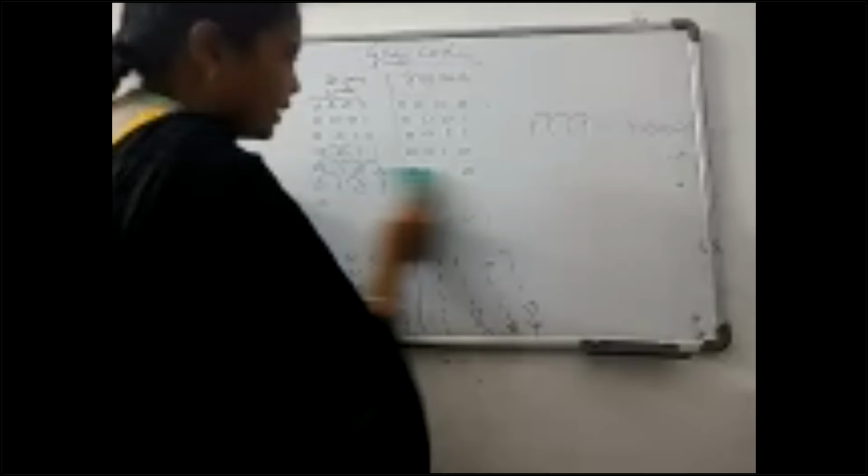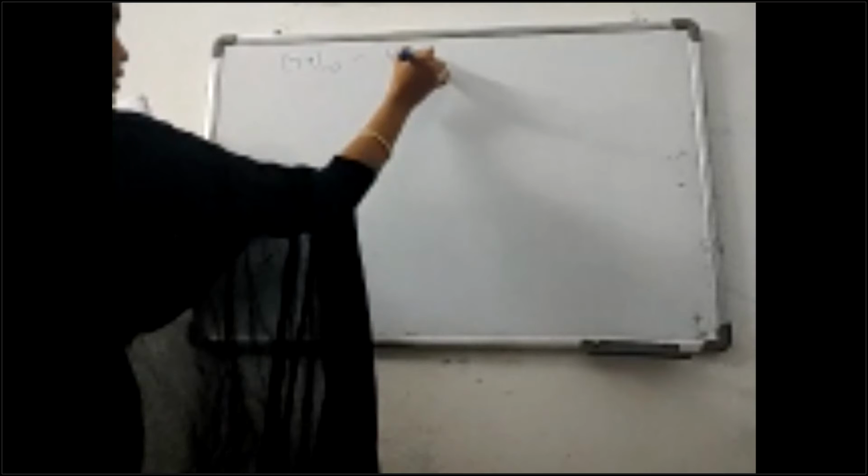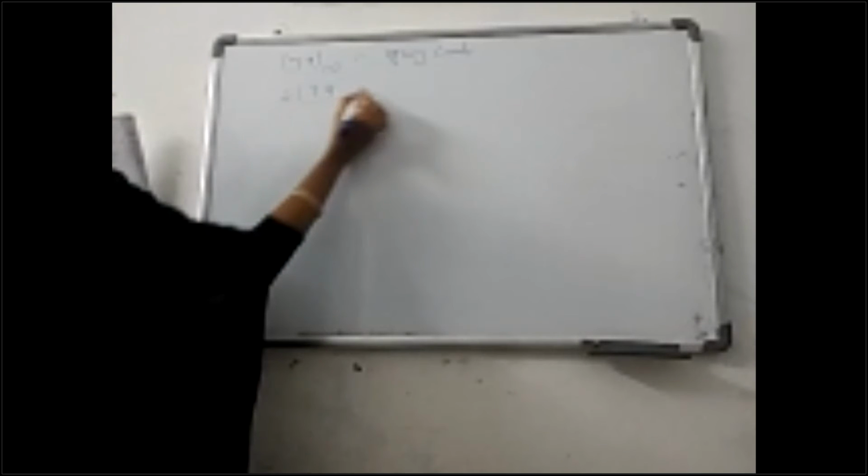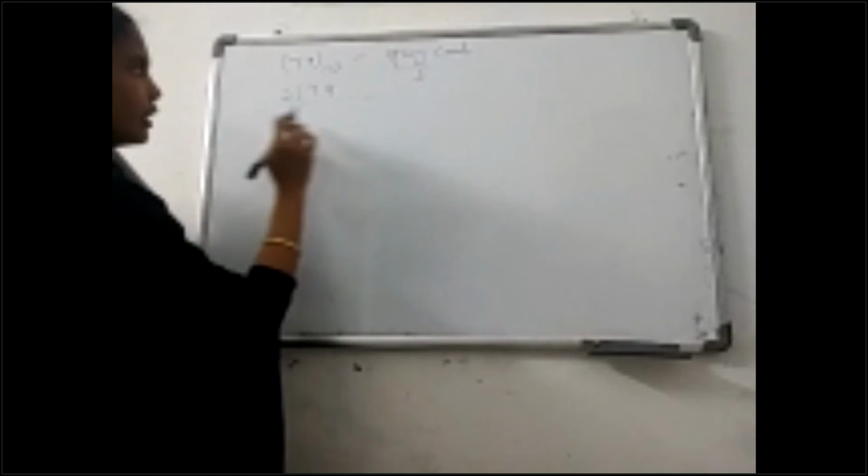Okay. So let us see one example. Convert 79 decimal number into a gray code. First, 79 divided by 2. So gray code means what? It is also a binary form representation. So divide first by 2.